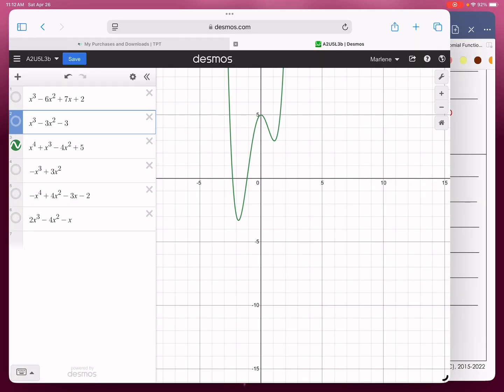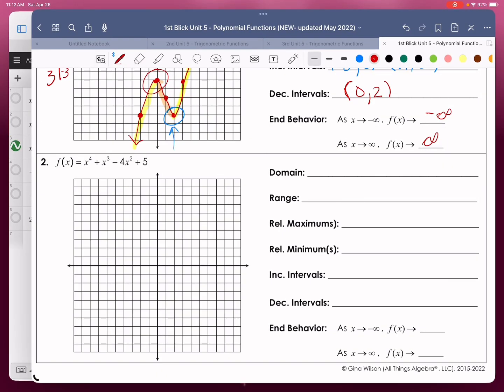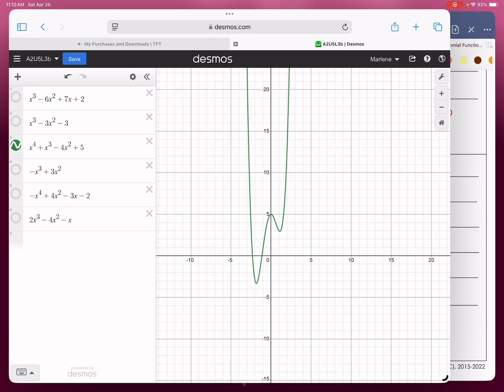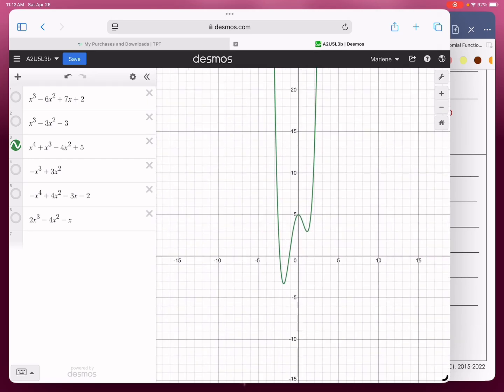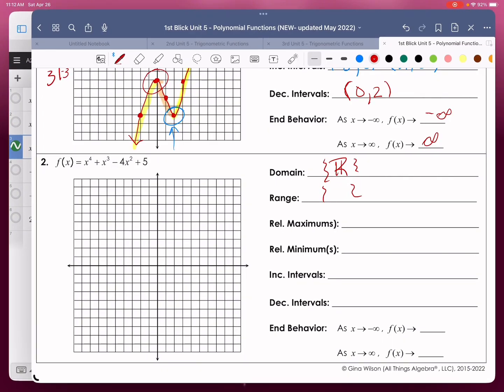What's going to be our domain on this graph? Well, as far as x's go, we're going to have the set of real numbers because it's covering them all. Now, the range is concerned with the up-down. So you see that right here, nothing goes past that. So that's going to be our y is greater than or equal to